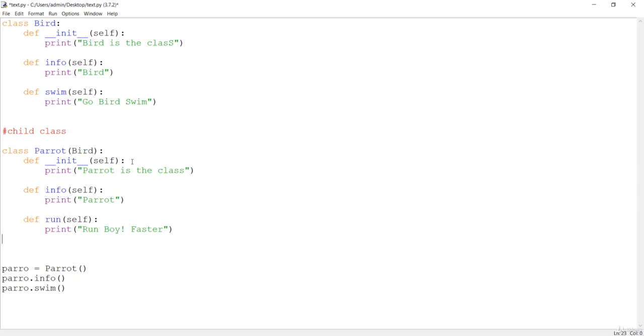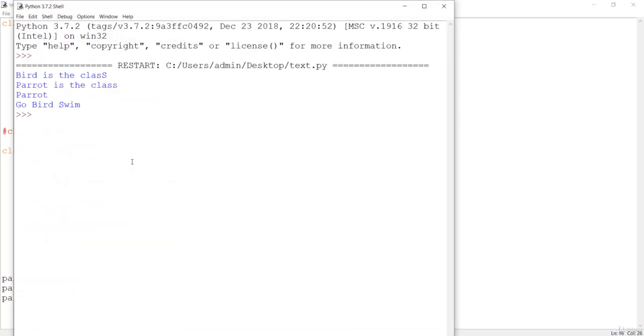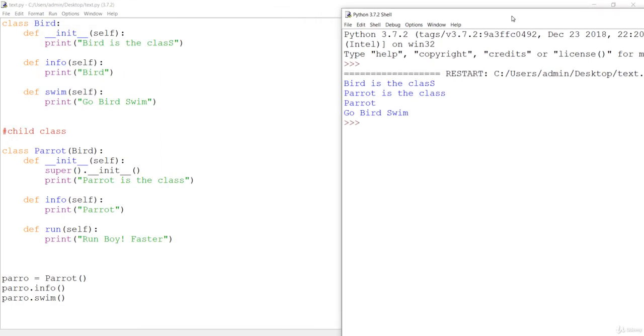So the next thing I want to show you here is the super method. If I say super, and call this init, let's see what is happening over here. Let's save this first and press F5. Then it is saying bird is the class, parrot is the class, parrot, go bird swim. Let's see what is happening here.